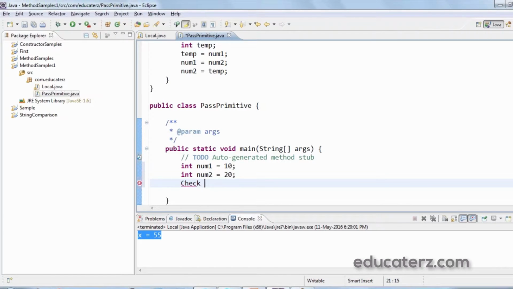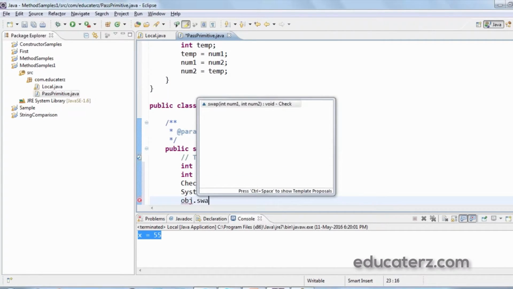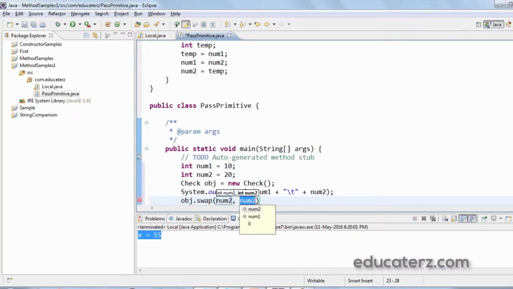Check object name is obj equals to new check, and then with this obj, before calling the swap method, I wanted to know what are the num values, that is num1 with some tab, then print num2 and then call the swap method obj.swap of num1 and num2.